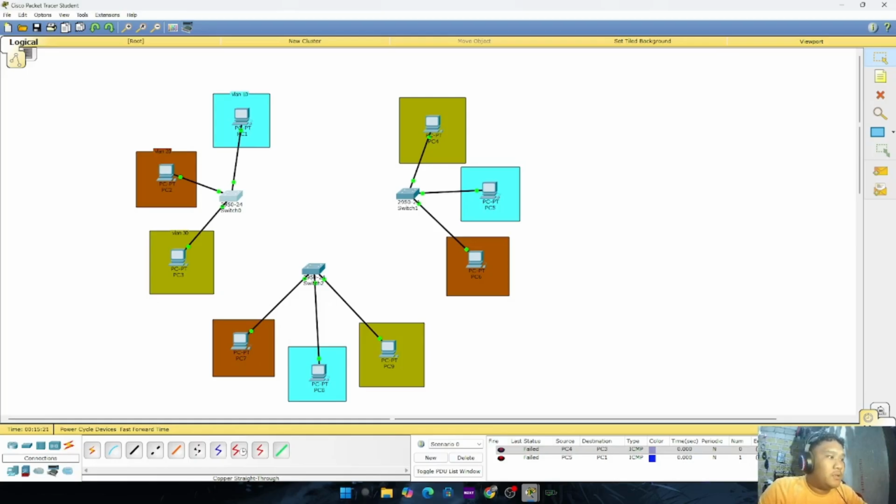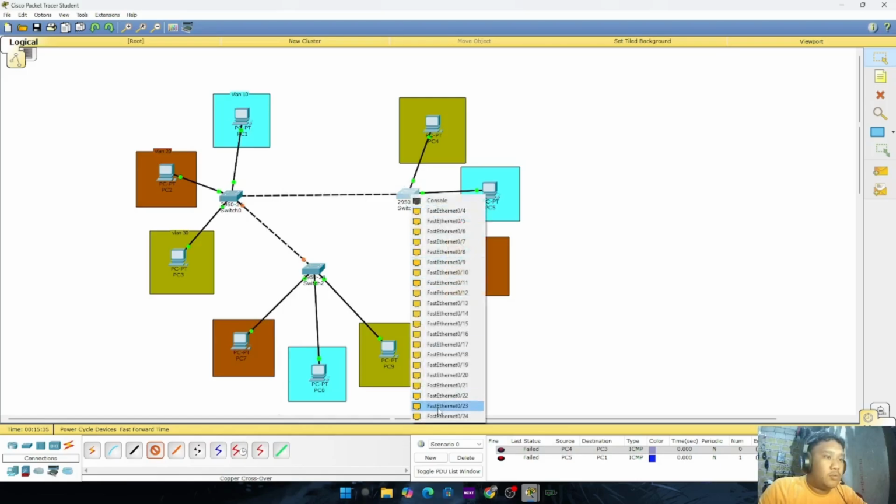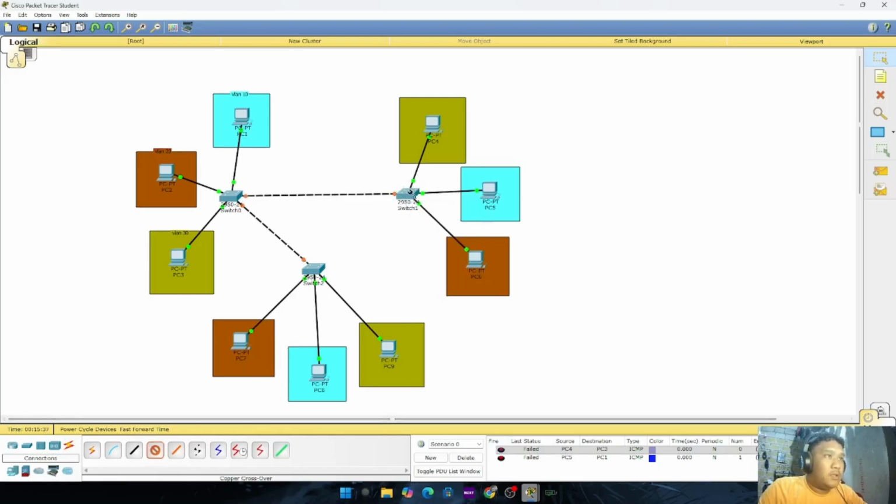First, let me connect the switches using a crossover cable. This is 23, then PC number 24 to 23.